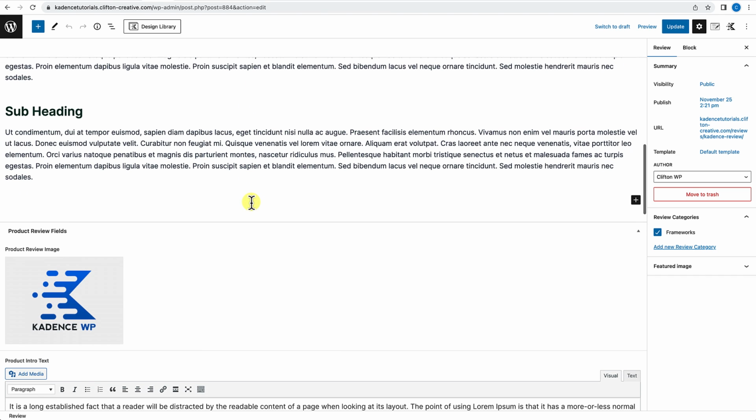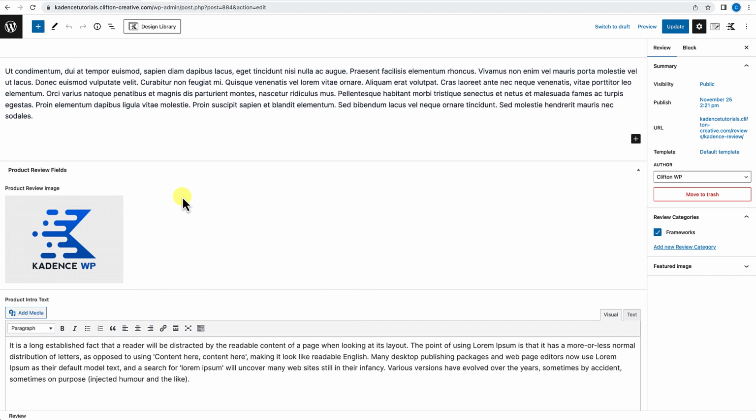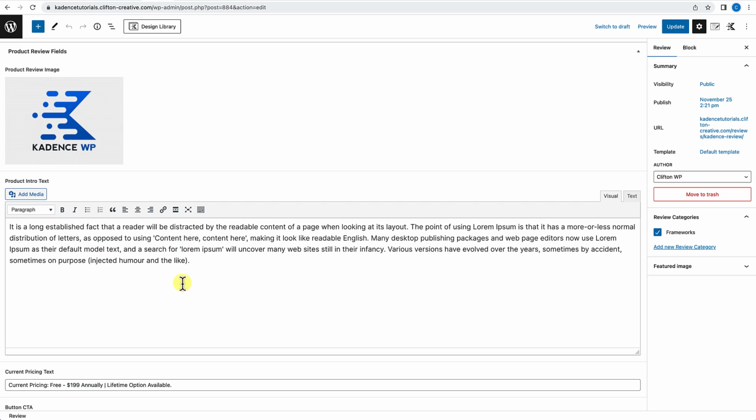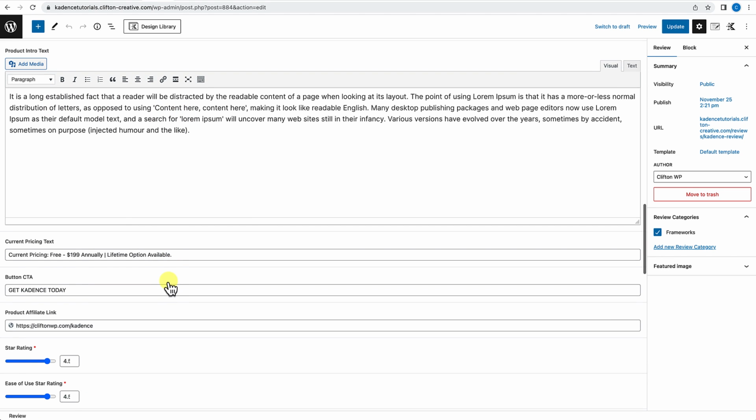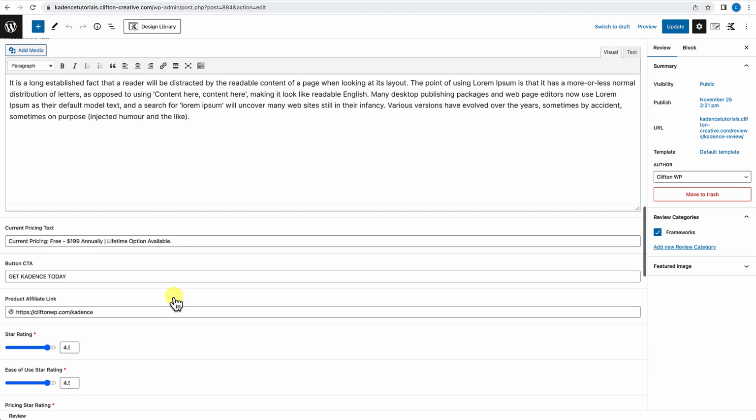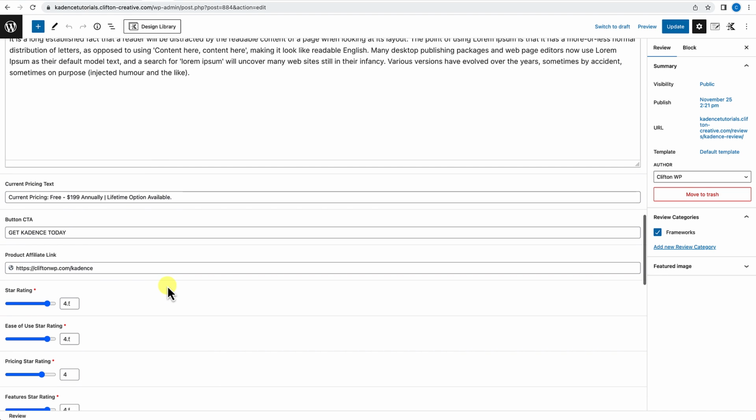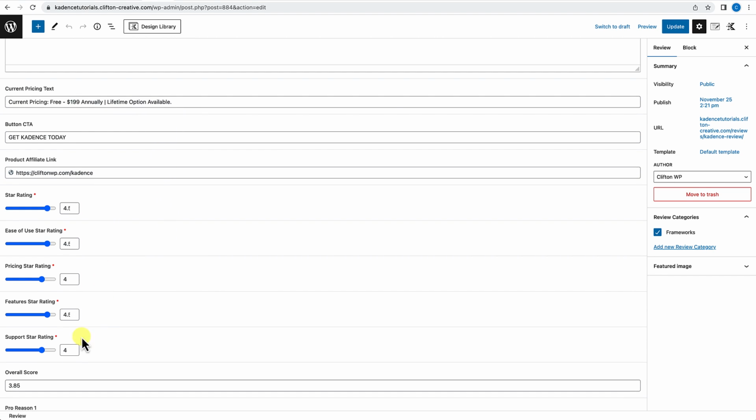The rest of it is controlled via product review fields. So you would upload an image for the logo of, or the image that represents, the product. And then you have your intro paragraph. Then we have these fields. These are custom fields where you fill in the necessary information. And the ratings are actually controlled with this slider over here. Okay, so I'm going to show you how to create this slider. And basically whatever you slide it to is what will correspond to the rating and the stars that you see